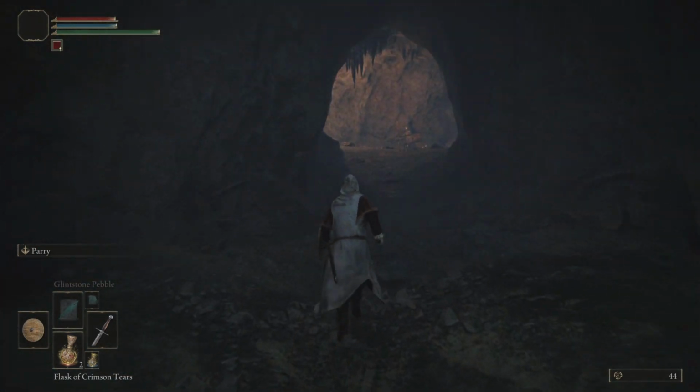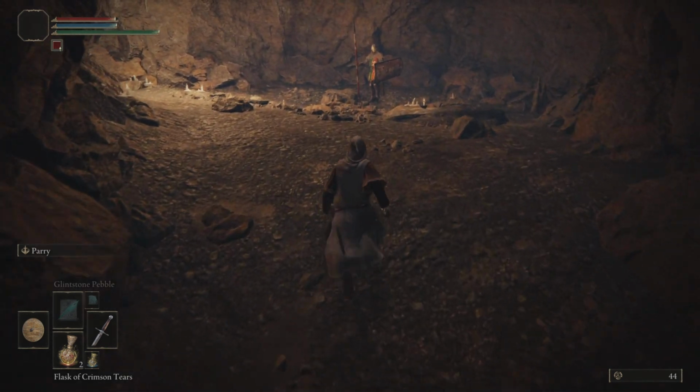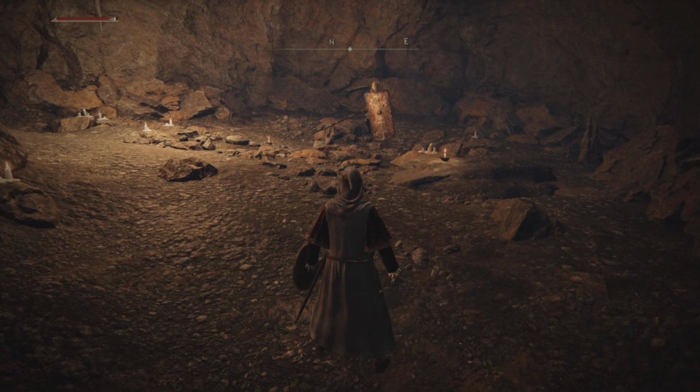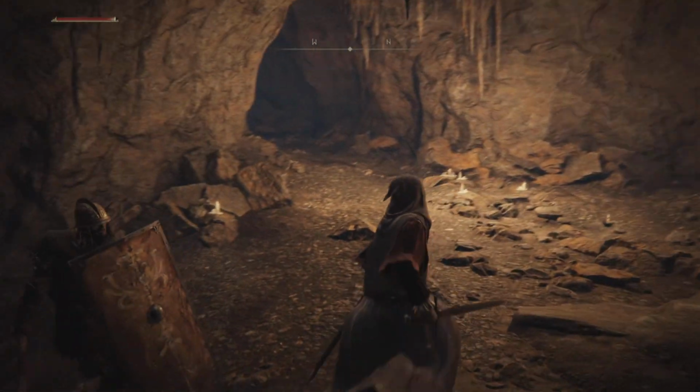Go through this next bit. Wielding armaments. So you can dual wield, or you can wield the sword with two hands. That's interesting. I guess that offers also different stances and points of attack. This guy's got a shield and a spear, so...